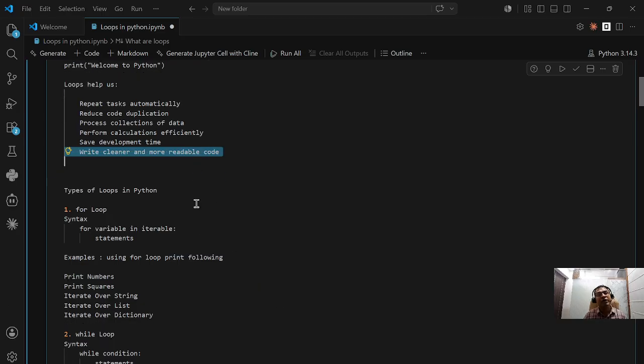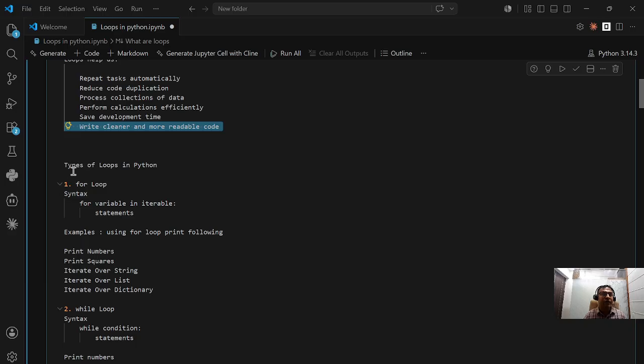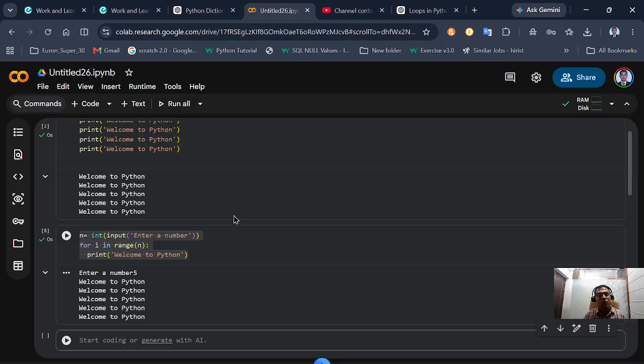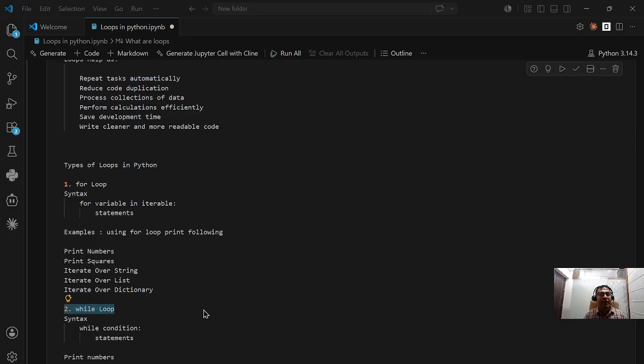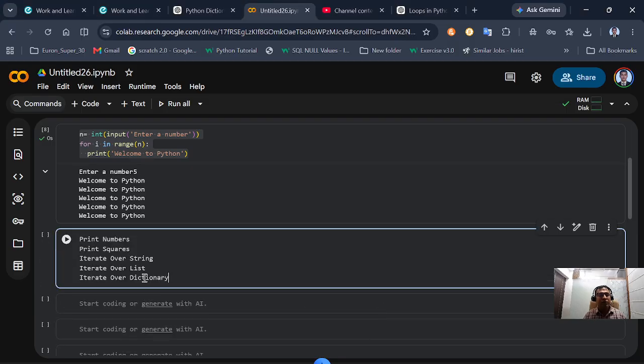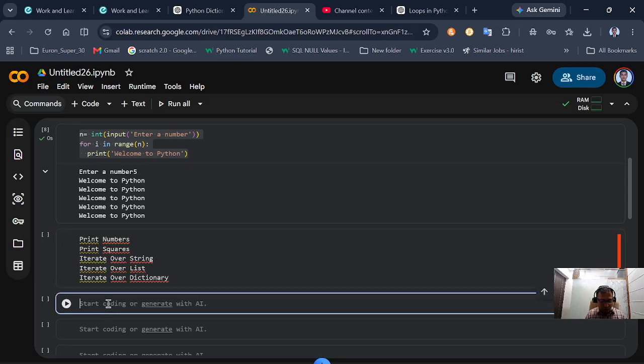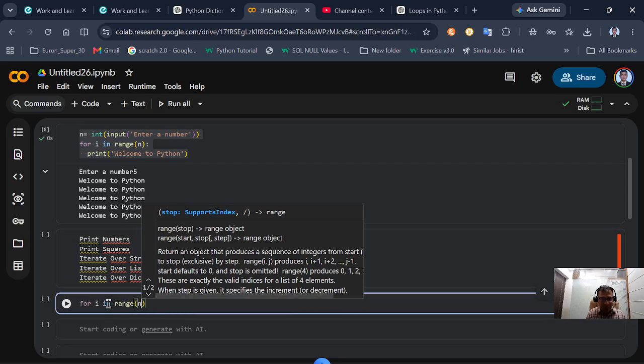So what are the different types of loops in Python? There are two kinds: one is the for loop and one is the while loop. The for loop I have just shown you. However, I can give you some additional examples. Say I want to print numbers. So what I'll do is for i in range n,